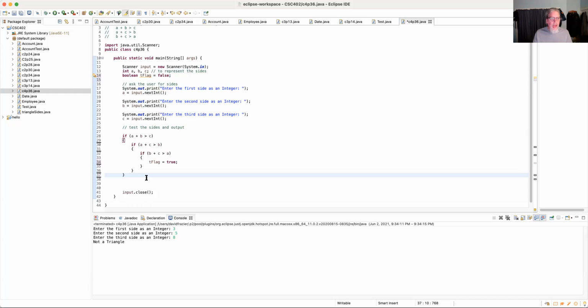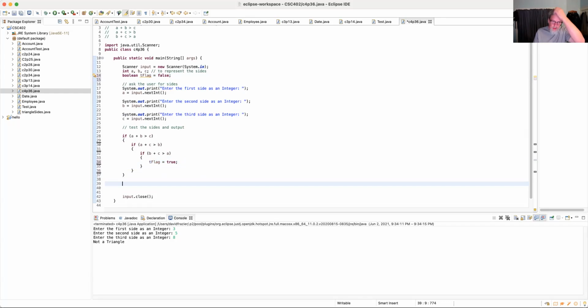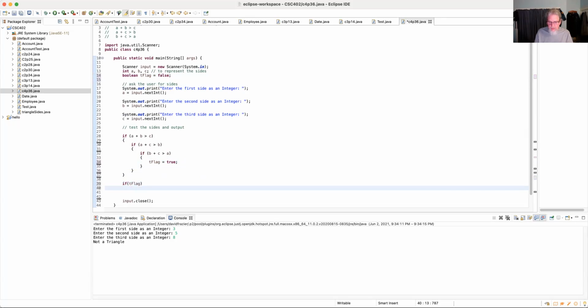Okay. So now I've said my default up here is that it's not a triangle. So convince me that it is. If it makes it to this line, it sets it to true. If not, it's still false. Okay. So then down here, all I have to do is say if T flag. I don't have to say if T flag equals true because T flag is true. Okay. So I can just say if T flag, do a